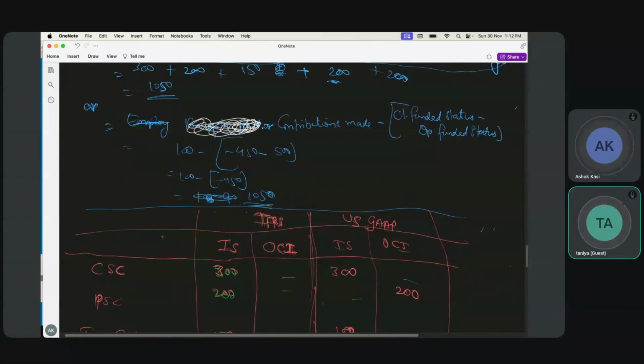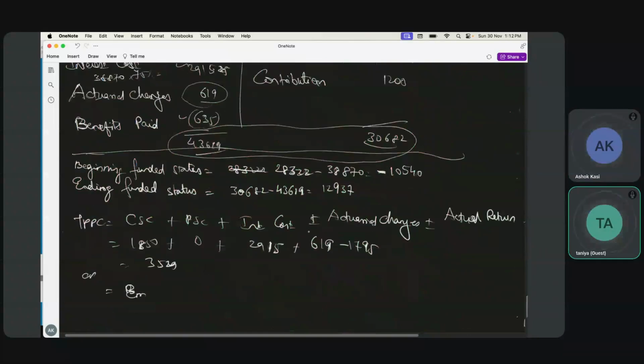This was wrong. Employer's contribution, or contribution made, minus